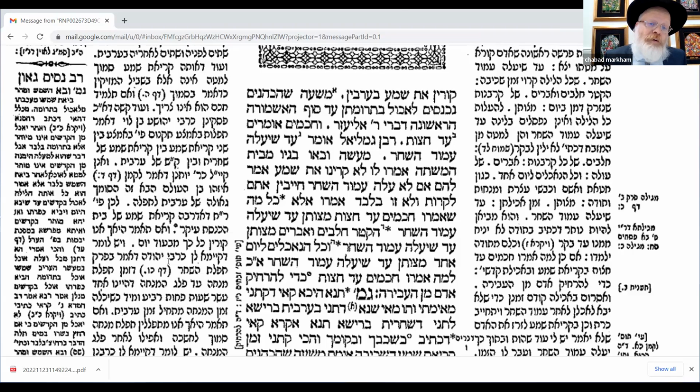It moves around a little bit, but I'm just picking average times. There are calculations for exactly how to work it out, but just for our purpose tonight, let's say the night is from 6 to 6, and midnight is 12, and the end of the first watch is 10 p.m., the end of the second watch is 2 a.m., and the end of the third watch is 6 a.m., right? And midnight is 12 a.m. Fine. So this is the opinion of Rabbi Eliezer.